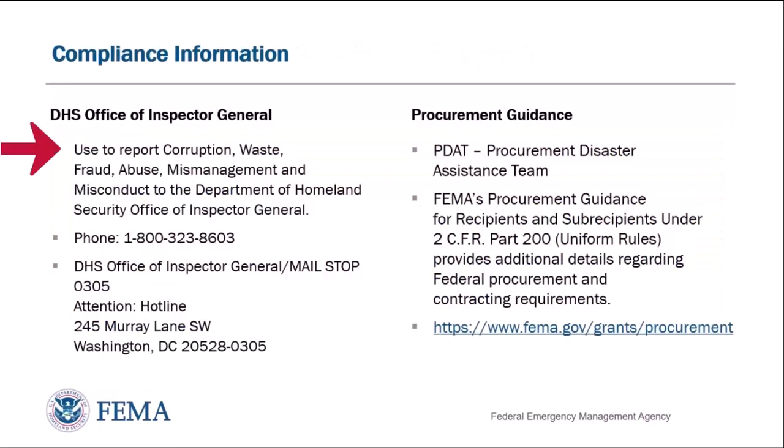To report corruption, waste, fraud, abuse, mismanagement, and misconduct, you can reach out to our DHS Office of Inspector General at the phone number listed here, or you can send them a letter at their address. We have our procurement guidance, our PDAT Procurement Disaster Assistance Team. If you have any questions regarding procurement, please feel free to reach out to them. You can also go to